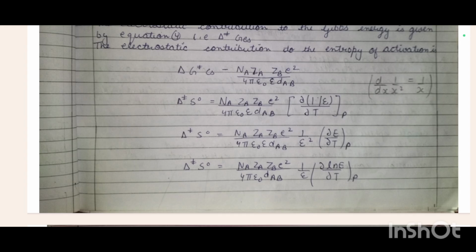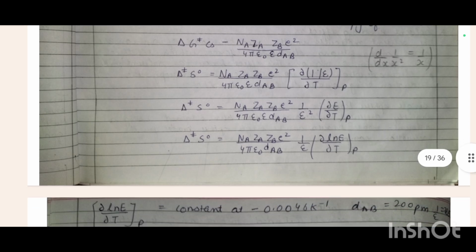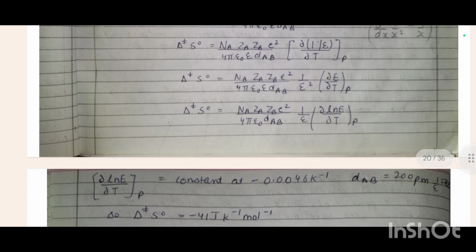Delta star S naught is equal to N A ZA ZB e square divided by 4 pi epsilon naught epsilon dAB multiplied by del ln epsilon divided by del T at constant pressure. Delta star S naught is equal to N A ZA ZB e square divided by 4 pi epsilon naught epsilon dAB multiplied by 1 by epsilon square and d epsilon by dT at constant pressure. Delta star S